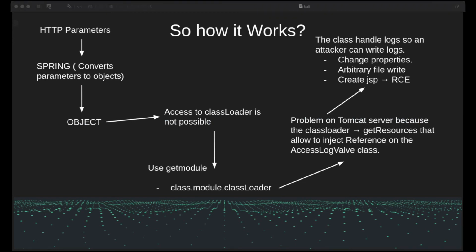If Spring is using, for example, some request mapping on an endpoint, and the parameters are bound directly to a POJO class, then these parameters are converted into an object. Here we can't directly call the class loader object because Spring is doing some kind of prevention. So how can we bypass this? We can bypass using the getModule method, the Module class, and we can write the class loader loading